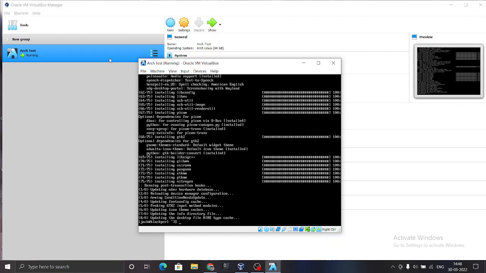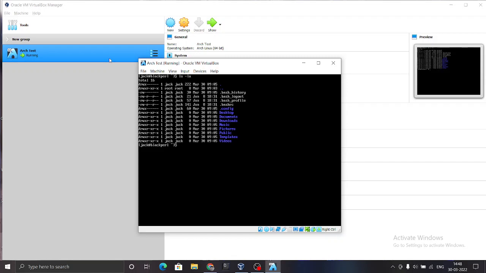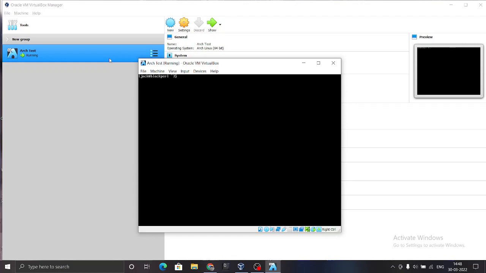So it has downloaded those packages that we were just talking about. So if I just go ahead and list, first of all, I'm in the home of Jack, and we can see there are many files and directories: bash history, bash rc, and other directories and files. Before that, we would also require some basic stuff. We have downloaded the Xorg display server, but we would also like a window manager, a terminal.